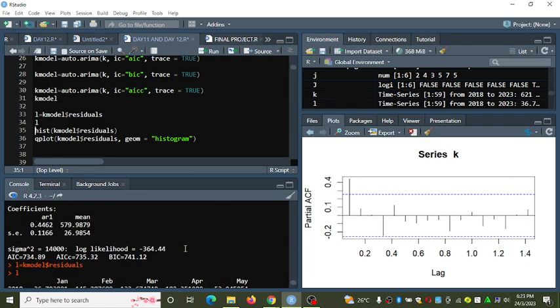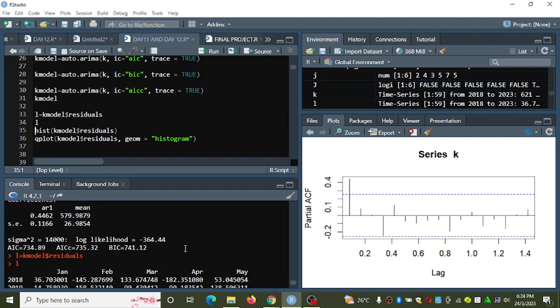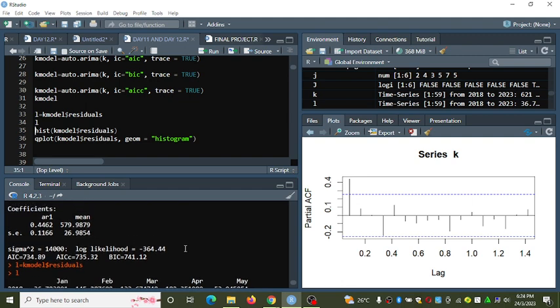Residuals are obtained after you plot, or after the actual points that are used to plot a graph, then you subtract the means. So what remains after the points have been used to plot a specific model. Then we can plot a histogram.